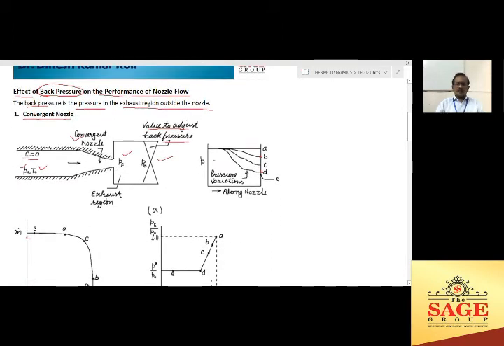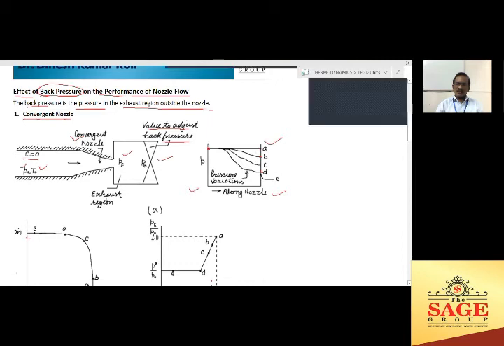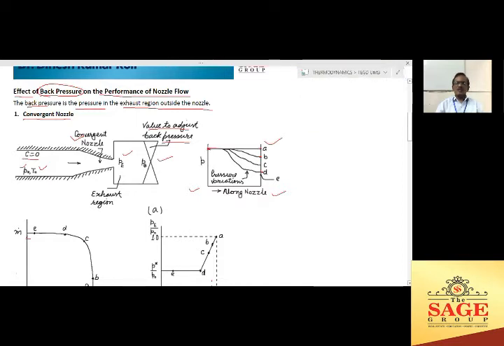Initially, you can see this diagram where we are showing the pressure P on the vertical axis, and on the horizontal axis we are showing the flow along the nozzle. First refer to this line A, or we can say curve A. You can see this is a straight line. It means across the nozzle there is the same, constant pressure, or we can say at the inlet as well as at the exit of the nozzle the pressure is the same.